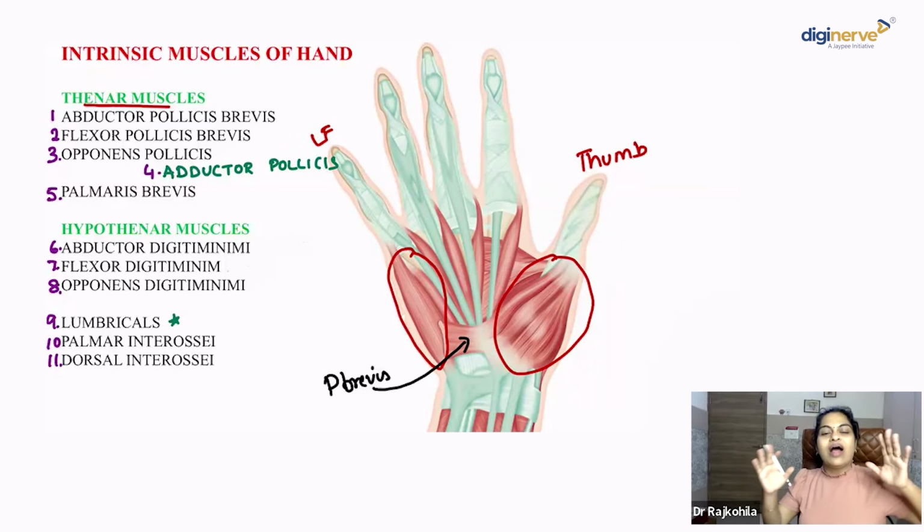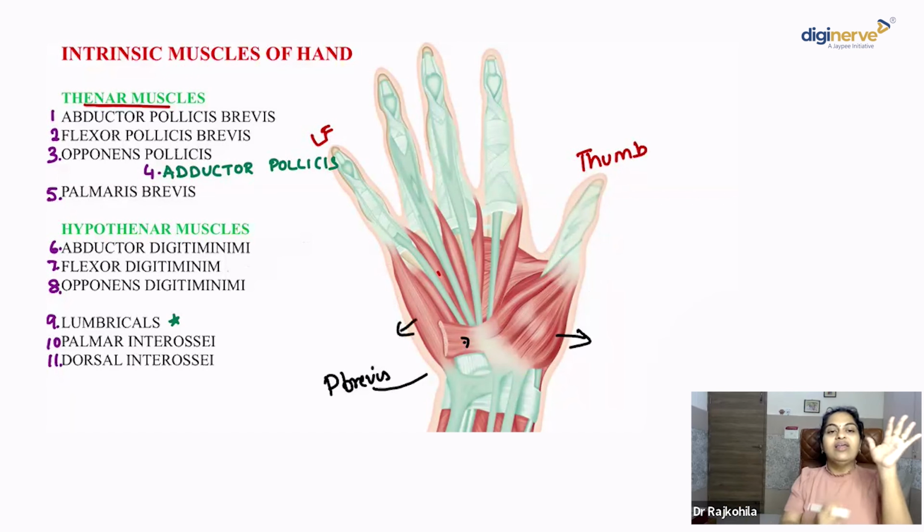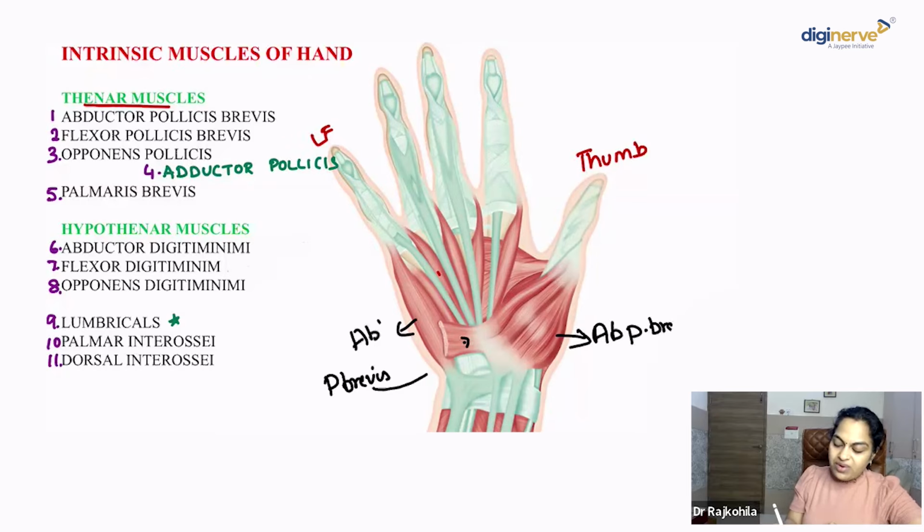So the thenar muscles and hypothenar muscles, I'll give you one easy important clue to identify. In the thenar and hypothenar, the muscles at the border, they are the abductor, right? The outer border of the thenar and hypothenar is the abductor. So this is going to be abductor pollicis brevis, right? This will be abductor digiti minimi. And inner to it, it's going to be flexor pollicis brevis. Between the abductor pollicis brevis and flexor pollicis brevis, something inner to it will be the opponens pollicis.